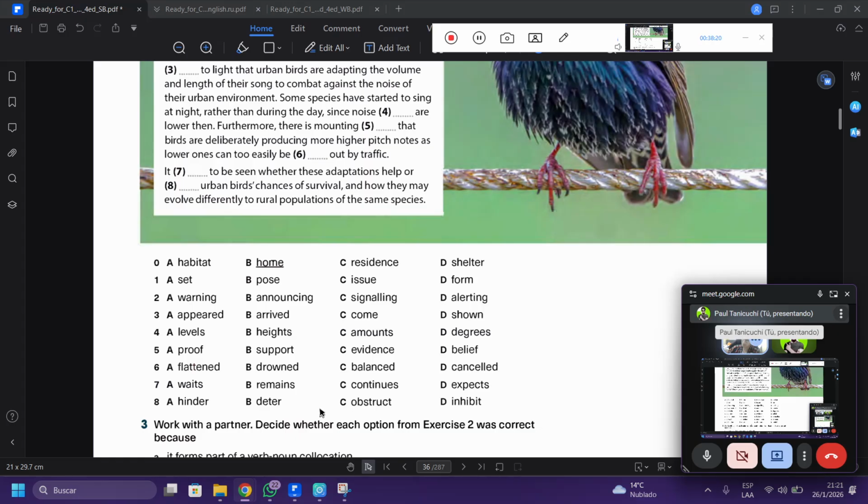Permanece, right? It remains to be seen. Whether these adaptations help or number eight to hinder urban birds: deter, obstruct, or inhibit.